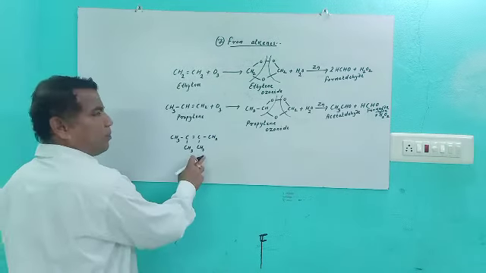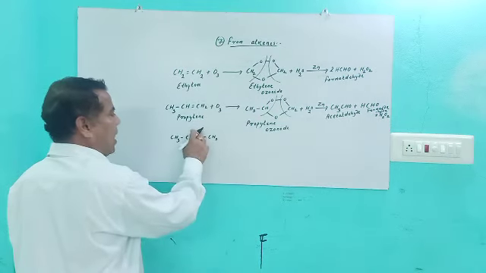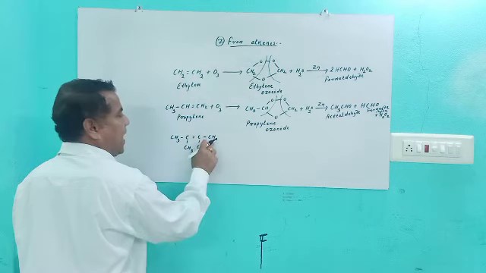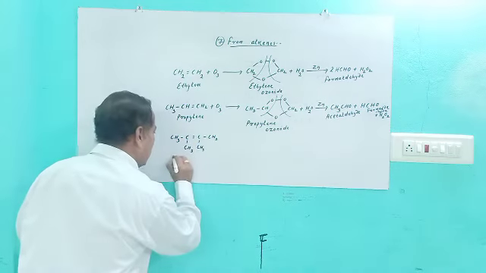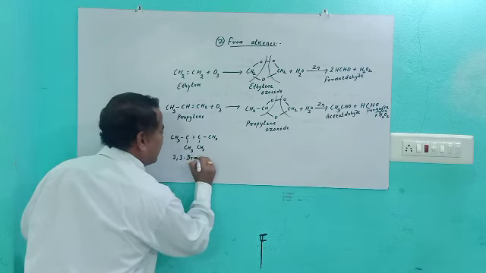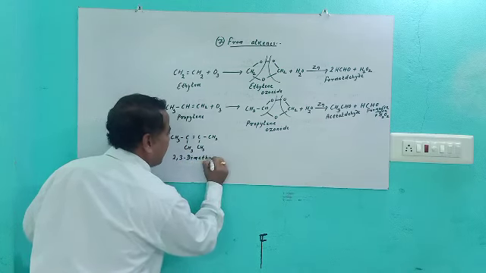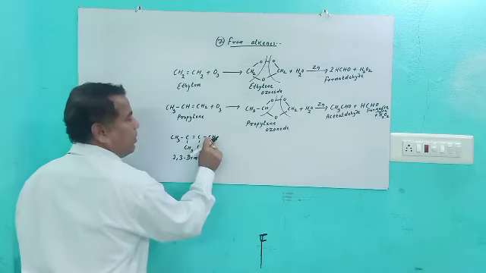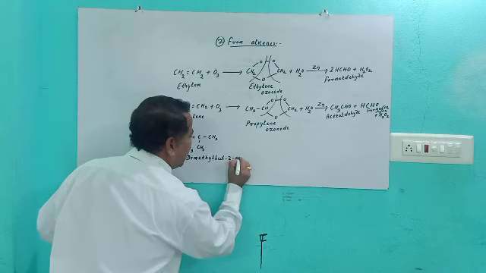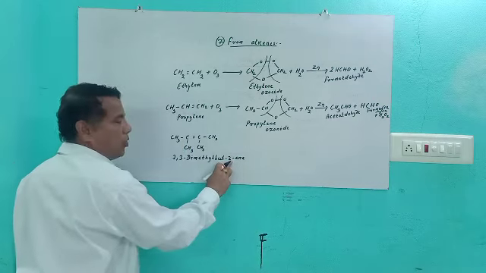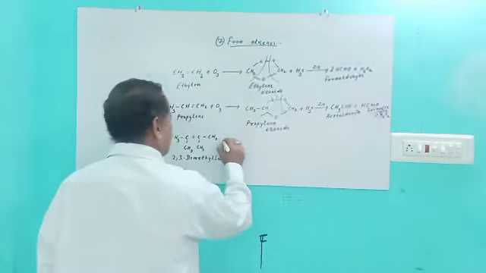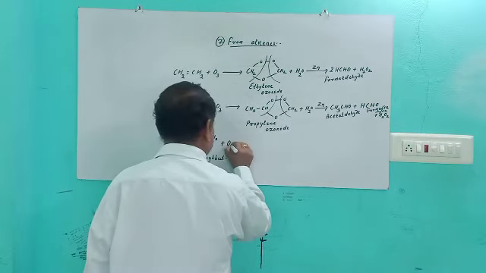Numbering the carbons 1, 2, 3, 4, it is 2,3-dimethylbut-2-ene, where the double bond is present at the number 2 position. So 2,3-dimethylbut-2-ene on ozonolysis, when it is added with ozone,